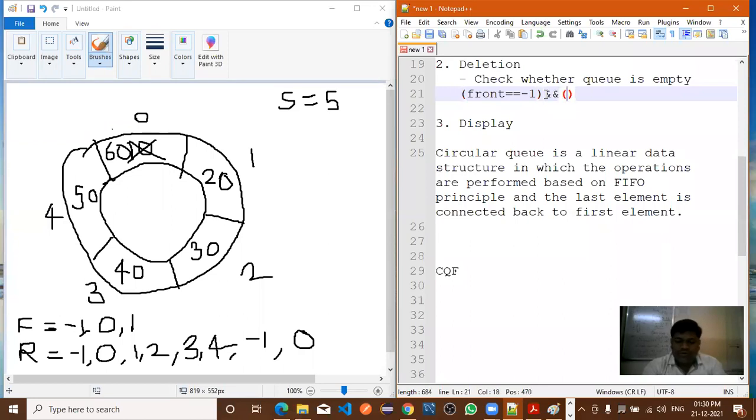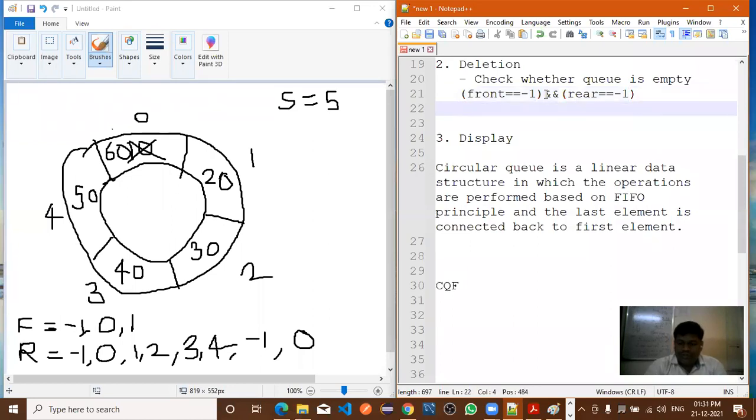And rear is equal to what? Rear equal to -1. If this condition is true, it means that Q is empty or underflow. You can display the message like this, right?